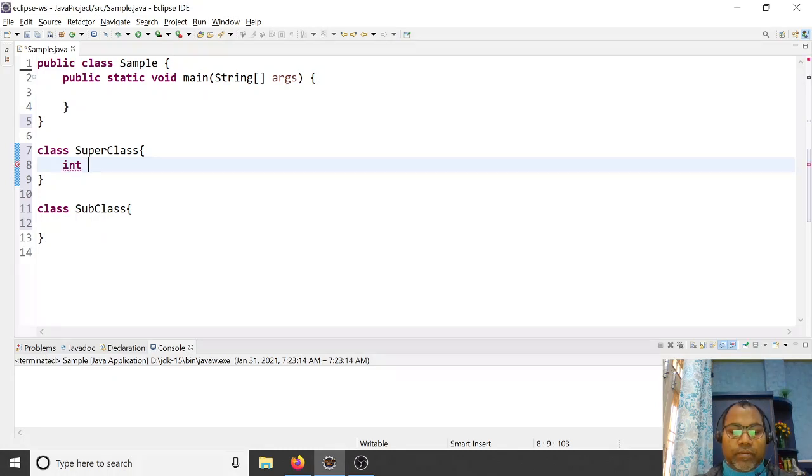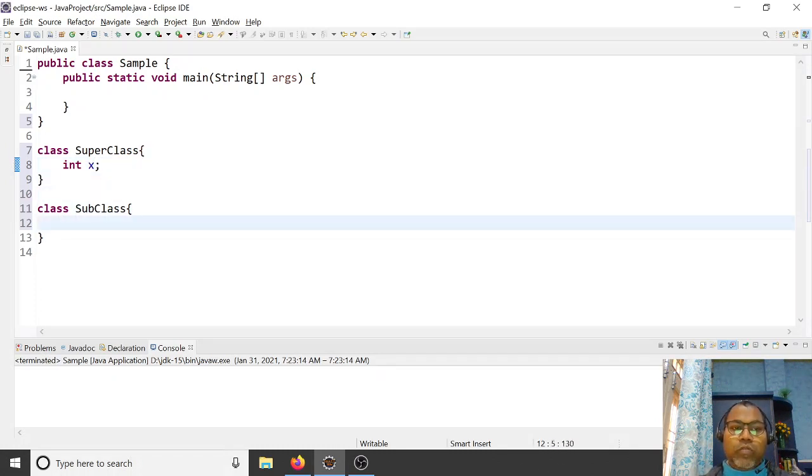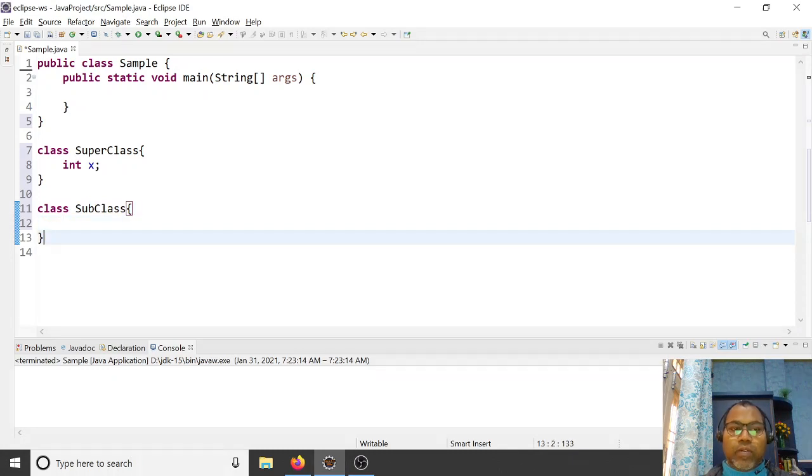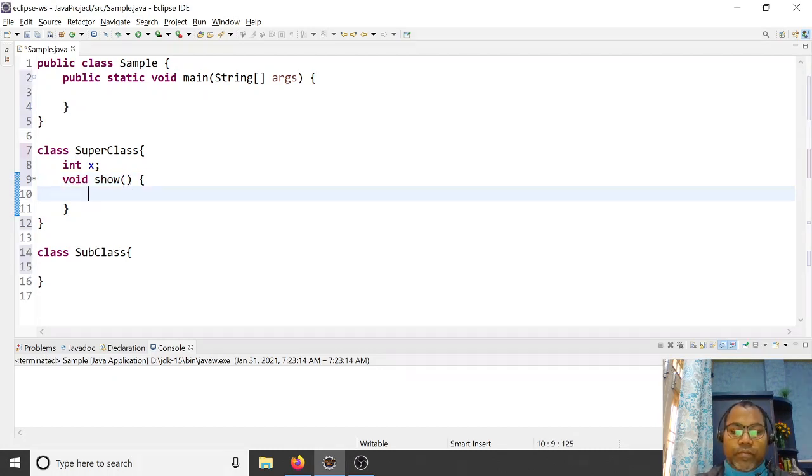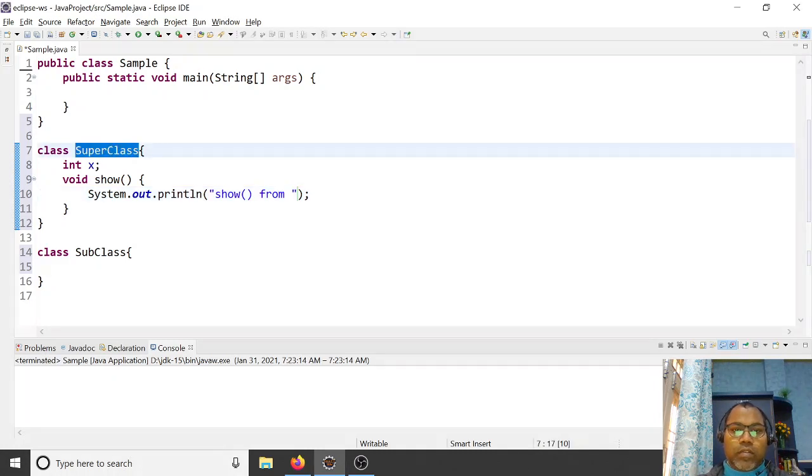Like integer x. If you want to use the x variable in the subclass, then how will we do it? Let's have a void show method from superclass.